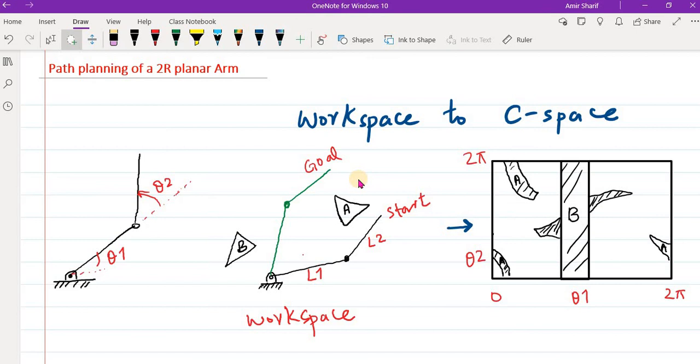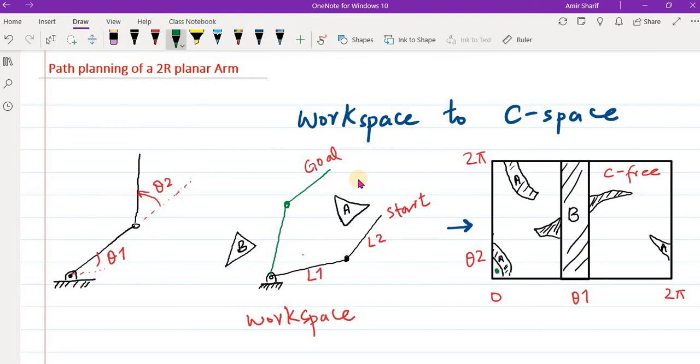Okay, so this is how we do mapping of obstacles from the workspace to your C space. So now this region, the white space region, this is C free. Okay, here this is C free, all the white region here, and this is our start point here. So here it will become the start point of this will become here. This is the start point,